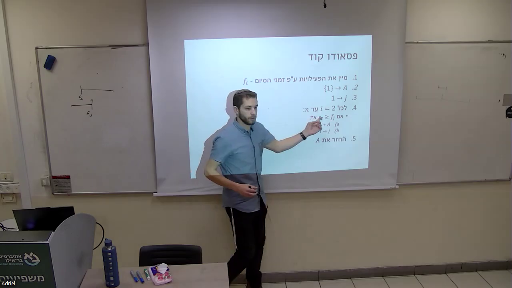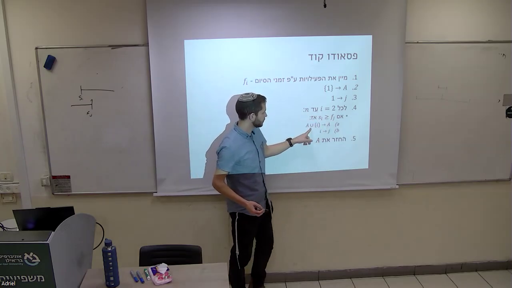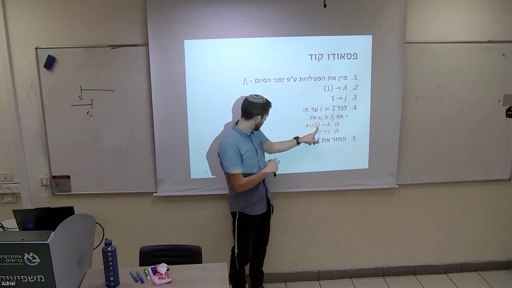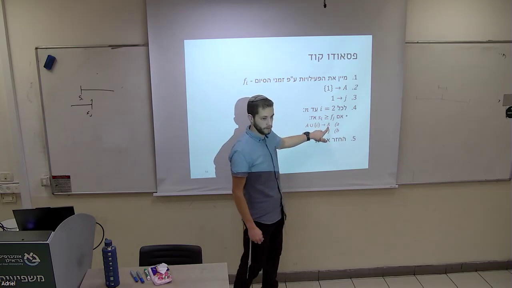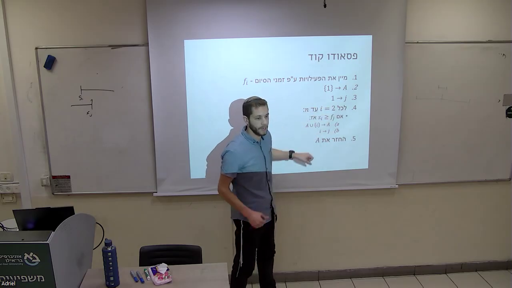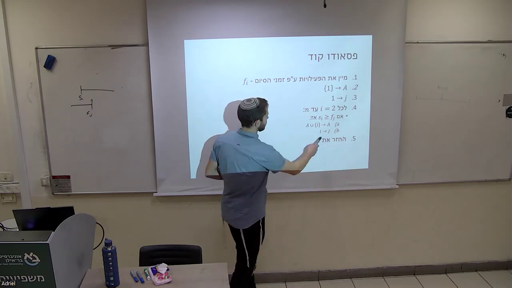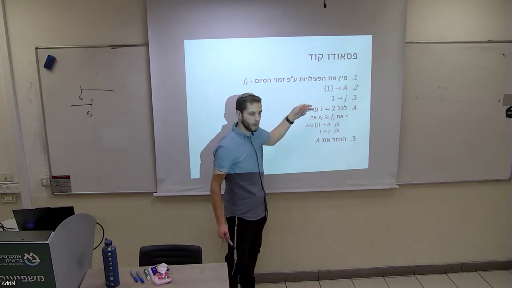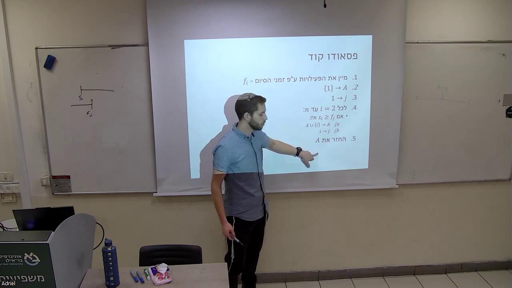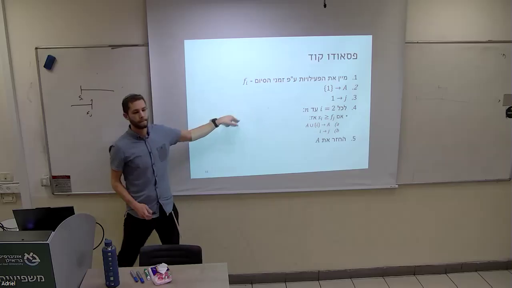If it's not true, that means we can take our same i. So take i and add it to the group A, and then change j to be i, because i is our new latest chosen activity. So update j to be equal to i, and then at the end, after it goes through all the different activities, we'll get to the end and return A.